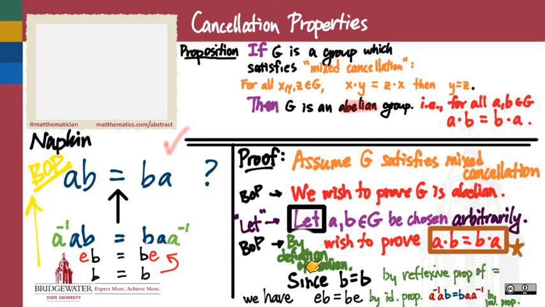But now that we've established this, how do we get from this line to that line? What's the byline attribution for this last step? What am I doing on this last step? Left and right cancellation, which we gave a special name to that property. Mixed cancellation, right. Because left and right cancellation, remember, individually exist in every group. But mixed cancellation, for us at least, only exists in this group that we're making the assumption about in this problem. Right? And so you might say, by mixed cancellation of the A inverse,